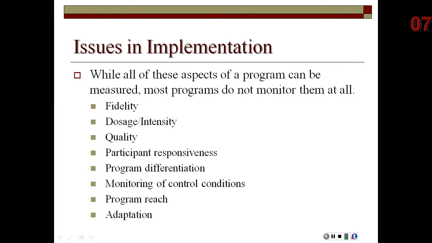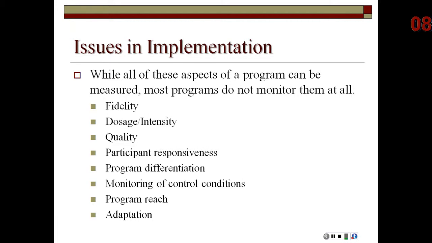The quality of the program is sort of self-explanatory. Participant responsiveness is also sort of self-explanatory, the extent to which participants are responding positively to the program. Program differentiation, that's the extent to which programs sort of vary from context to context. Monitoring of control conditions, these are sort of trying to identify if any extraneous factors are coming into play when